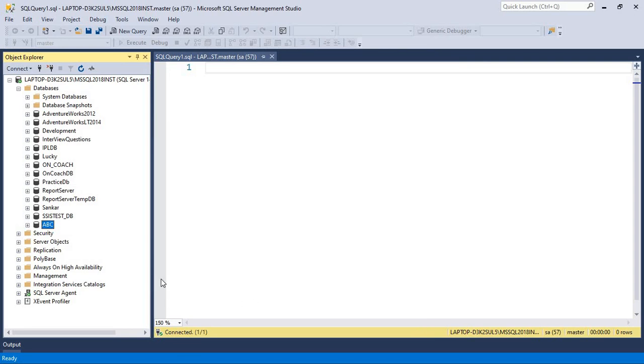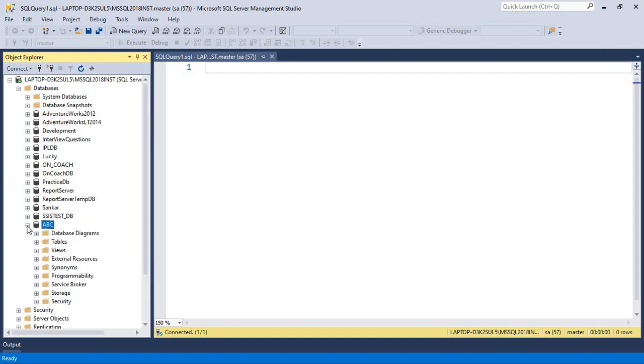Once you click OK, under Databases you can see your latest database name, ABC. Let me expand the database. If you expand the database, you can see different objects here, like folders: Database Diagrams, Tables, Views, External Resources, Synonyms, Programmability.